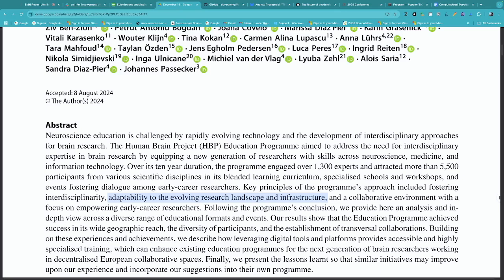That you are able to adapt to those. You can learn about these things. You have a space to learn about them, and so forth. And then a collaborative environment with a focus on empowering early career researchers. So this again, where you have this open collaboration, it's not siloed, it allows early career researchers to take full